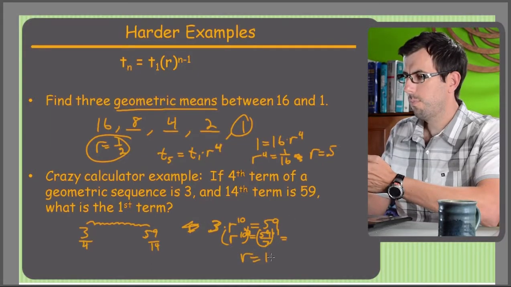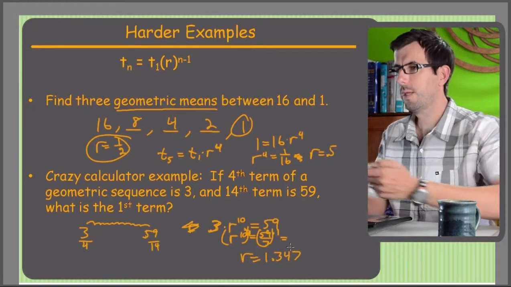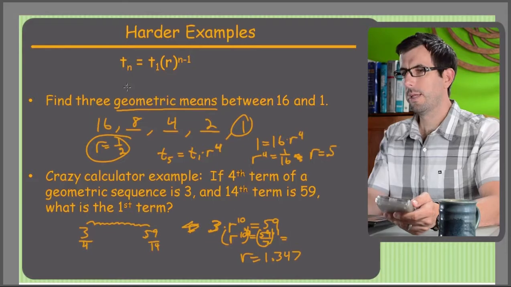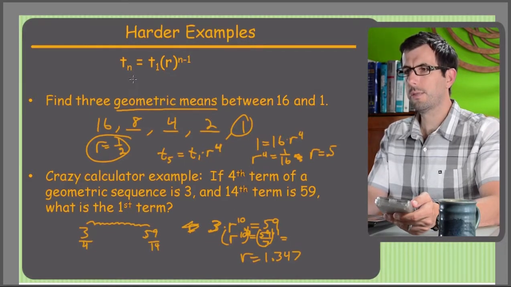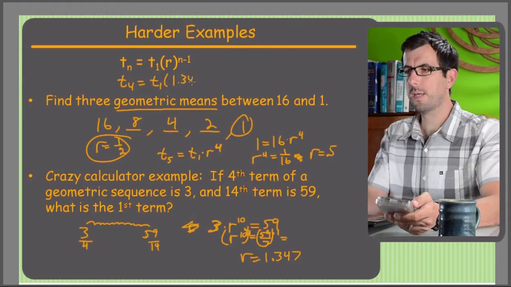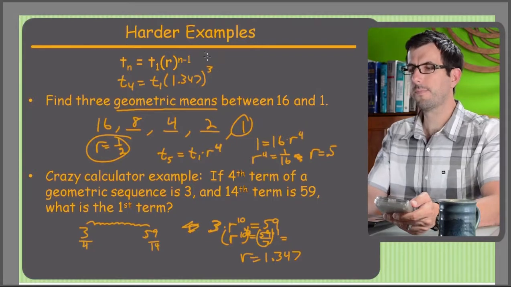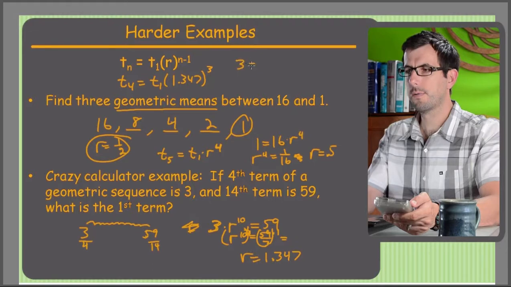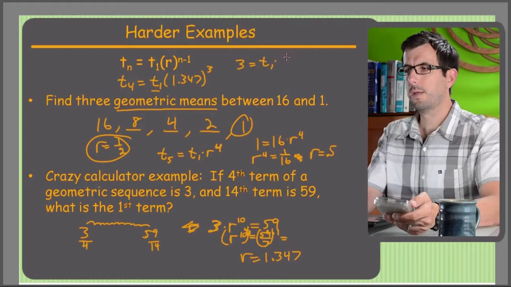So r equals 1.347. Now I can go back to the original formula and pick t sub 4. So t sub 4 equals t sub 1 times the r I just got, 1.347, to the 4 minus 1, which is 3. This is cool because I know some stuff here. I know that t sub 4 is 3, I know that t sub 1 is what I'm solving for, and then my 1.347